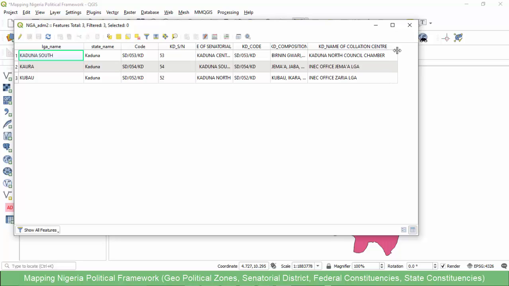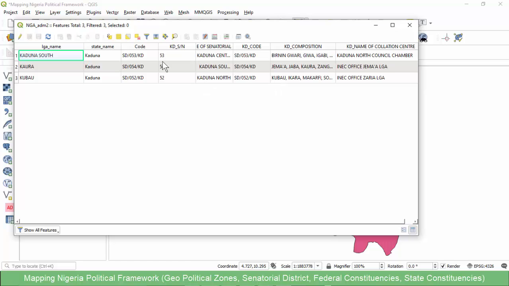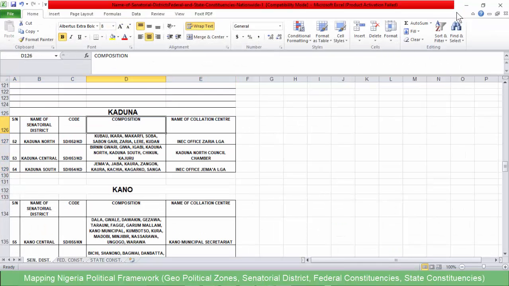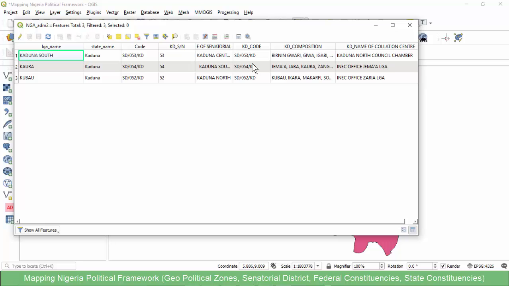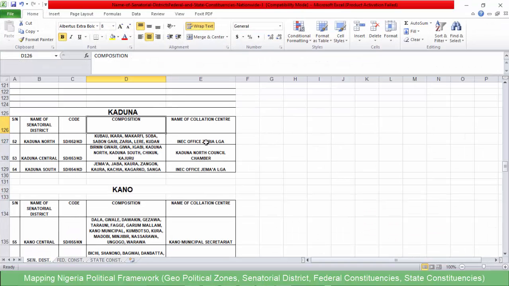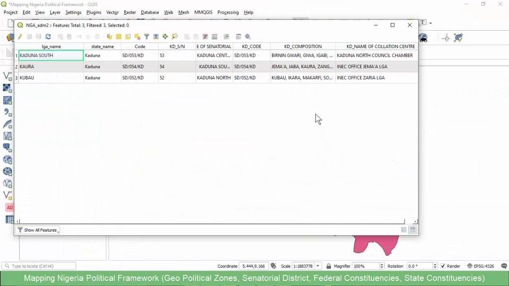or the names we have in the spreadsheet added to the, what? Joined to the map. So these are the codes we have on the map, and these are the codes we have on the spreadsheet here. So that is the essence of using the code. You can easily import the data you have on the INEC table into the map just by adding the code